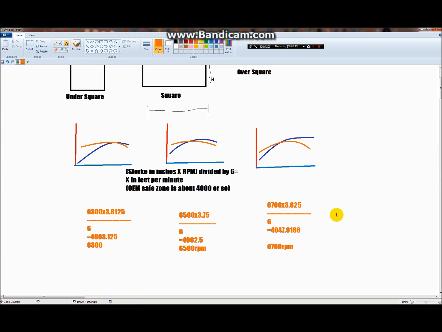Again, this is why you never really hear about square motors, because they're really the best of both worlds. They give you relatively happy RPM limits while still producing a fair amount of torque. And that's why you never hear about them, because they're the ideal motor. But